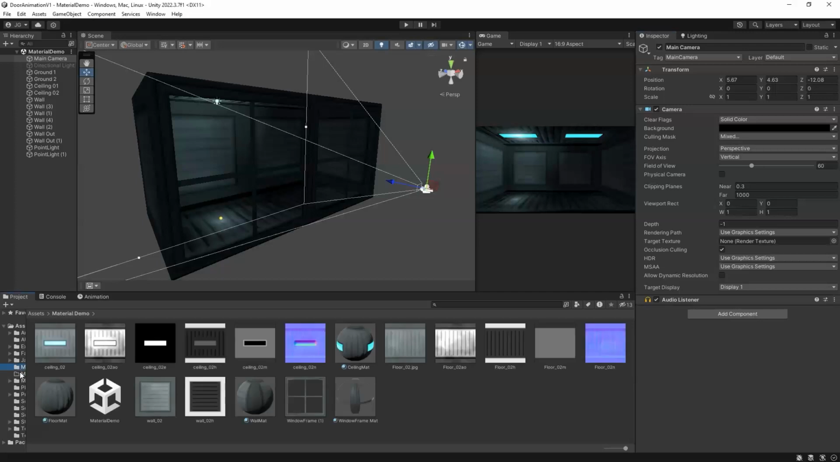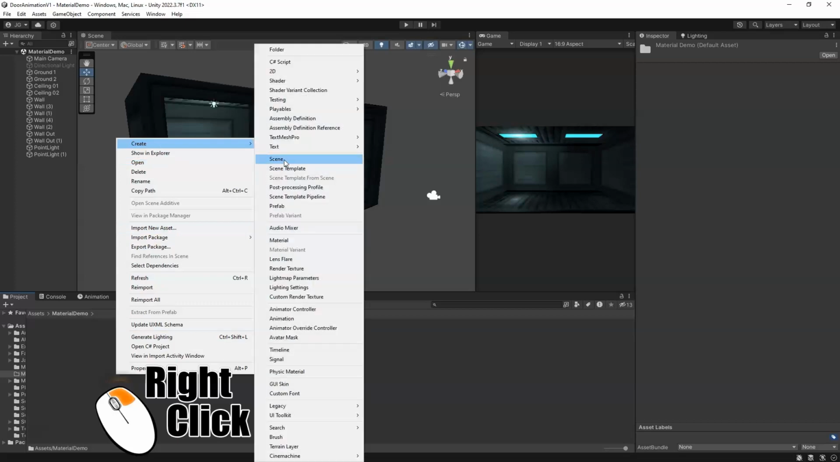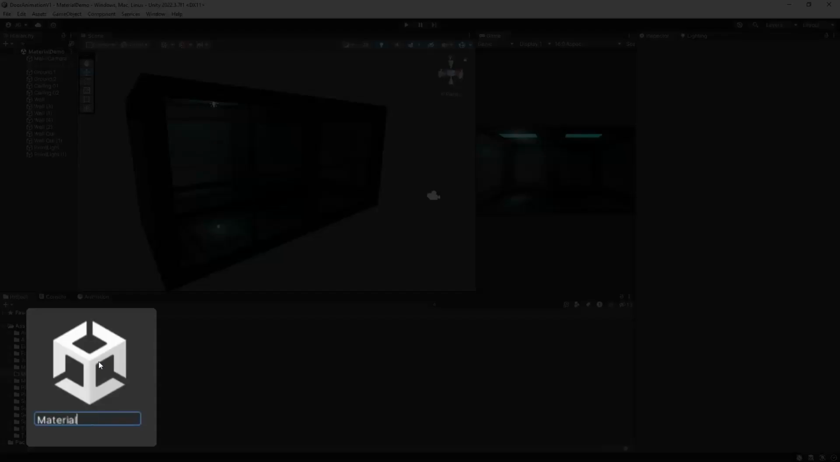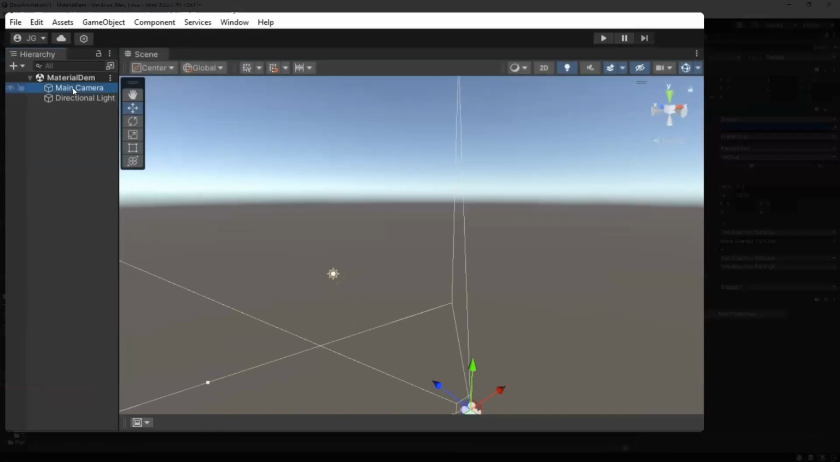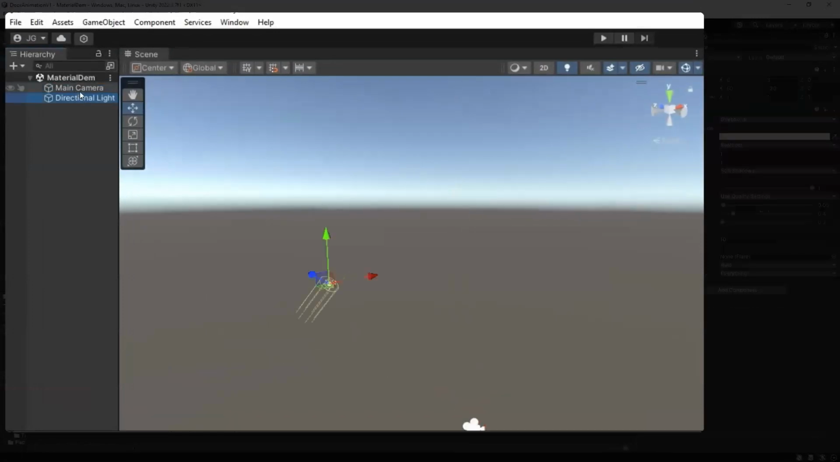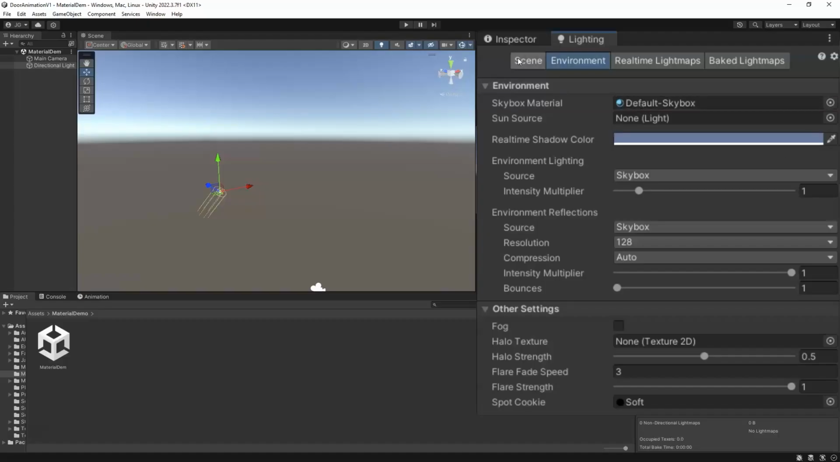The first thing that we're going to do is go ahead and create a new scene. And then we'll double click that scene to open it up. By default, we're going to have this main camera and directional light. And if we go to Window, Rendering, and Lighting, we want to pull up our lighting information and go to our environment. And you'll see our skybox is going to